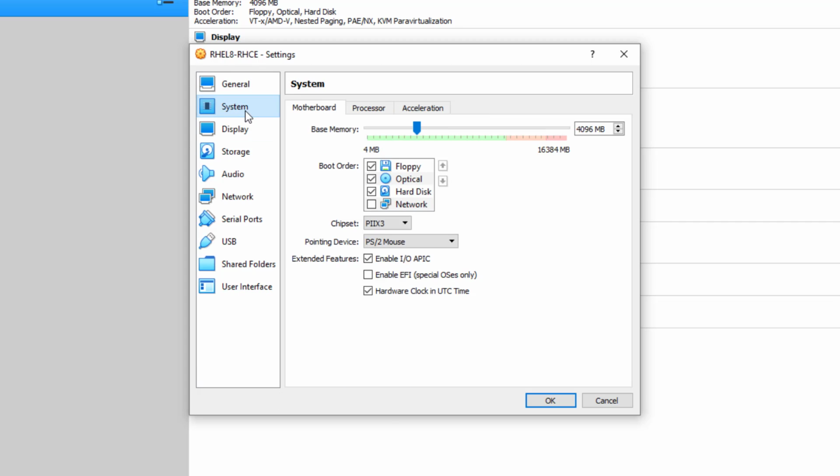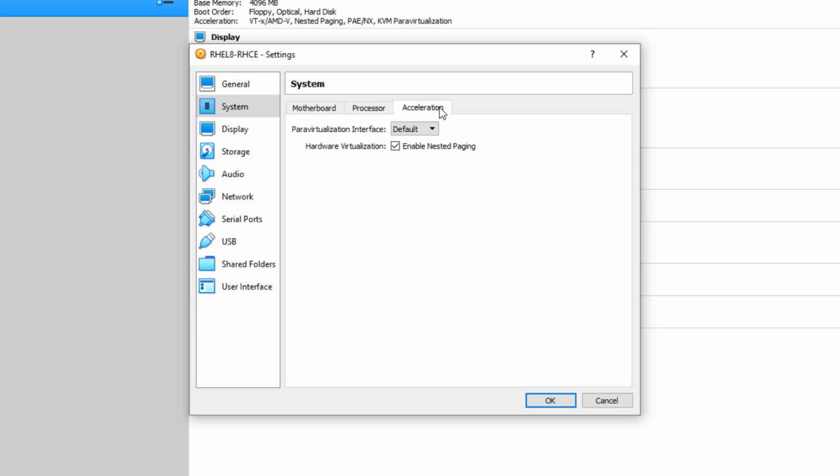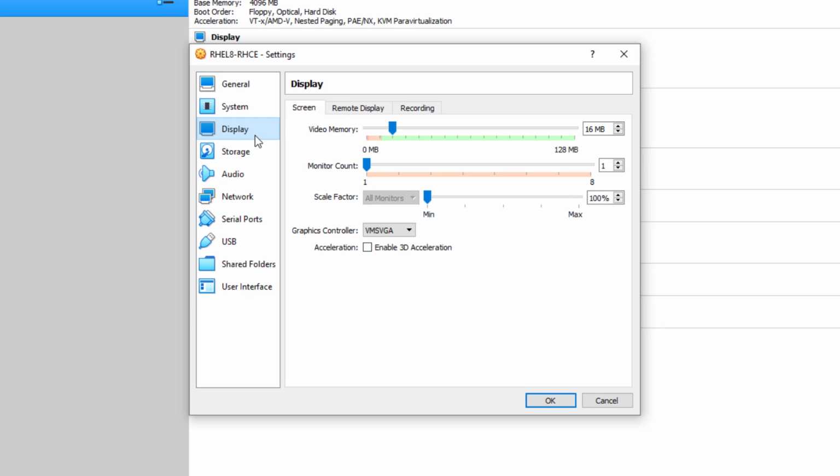We've got some things like floppy disk. Can turn that off. Optical drive should be above hard disk in this case because we're going to boot from a virtual optical disk. You can allocate a bit more processor if you want to. Leave that by default. Video memory, I would probably move that up if you can, because you've got some obviously